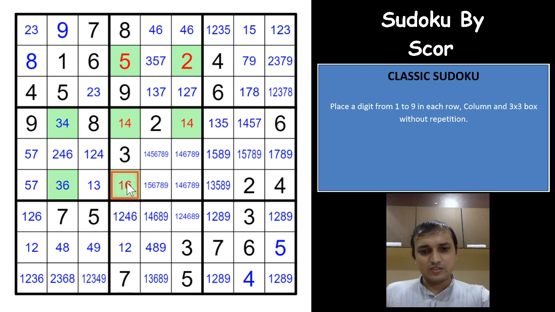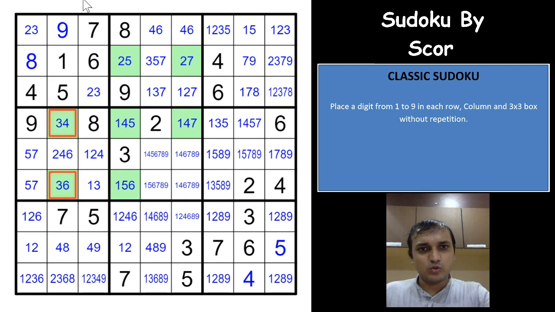You'll have a 1-4 pair, this becomes 6. And the moment this becomes 6 and this becomes 4, both of these become 3. Whatever the case, these 7 cells will always have to be distinct, and the numbers that we have placed will have to be in those cells. And now if you see here, 2 will have to be in one of these 2 cells, so you eliminate 2 from this cell.